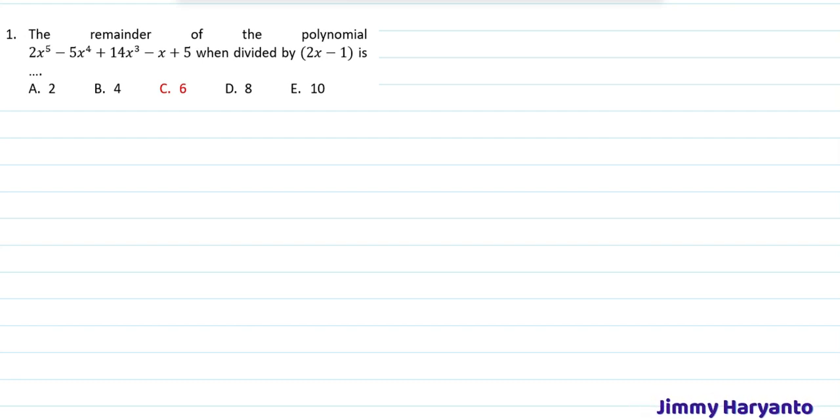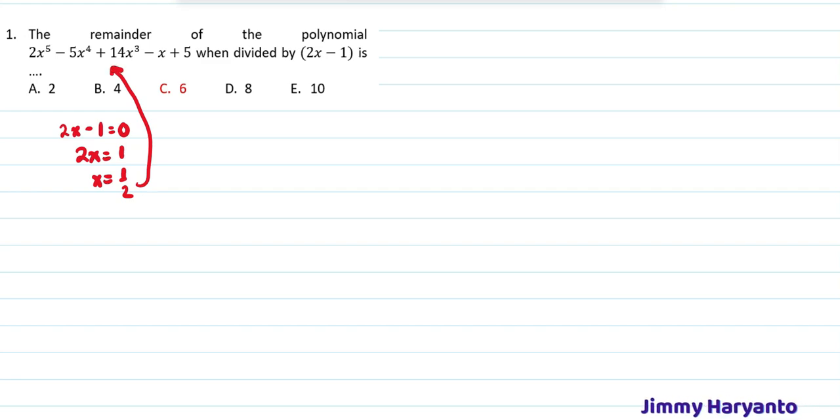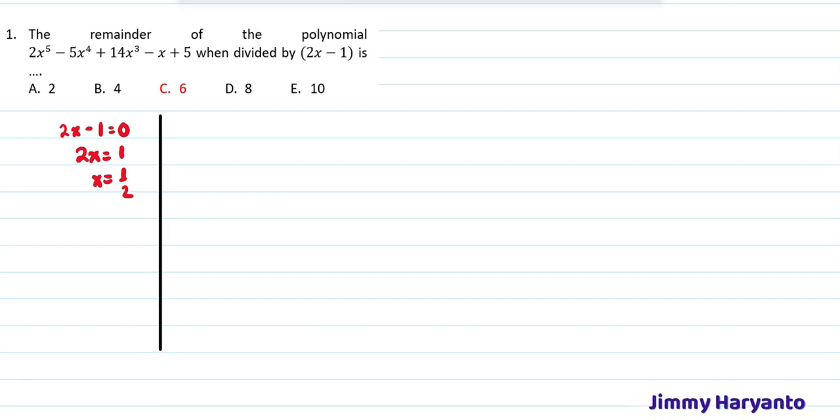So question 1, you have a polynomial, and the polynomial is divided by 2x minus 1, and the question only wants you to find the remainder. You can use the remainder theorem by inputting x into the polynomial: 2x equals 1, so x equals half, and then you input the half into the polynomial and you will have the answer. But I think the numbers will not be good enough to calculate, because we will have 1 over 32. But if you are confident with your calculations, you can do that.